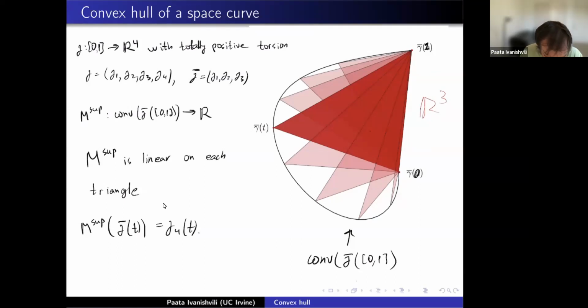I presented results. I was sometimes saying that n is even, n is odd, but we have results for both even and odd dimensions. It's interesting that the answers are different. I don't understand why. No, I understand now, we have a paper, but still it's a bit of a surprise that the answers change depending on the parity of the dimension. It's an interesting question to ask: what happens if